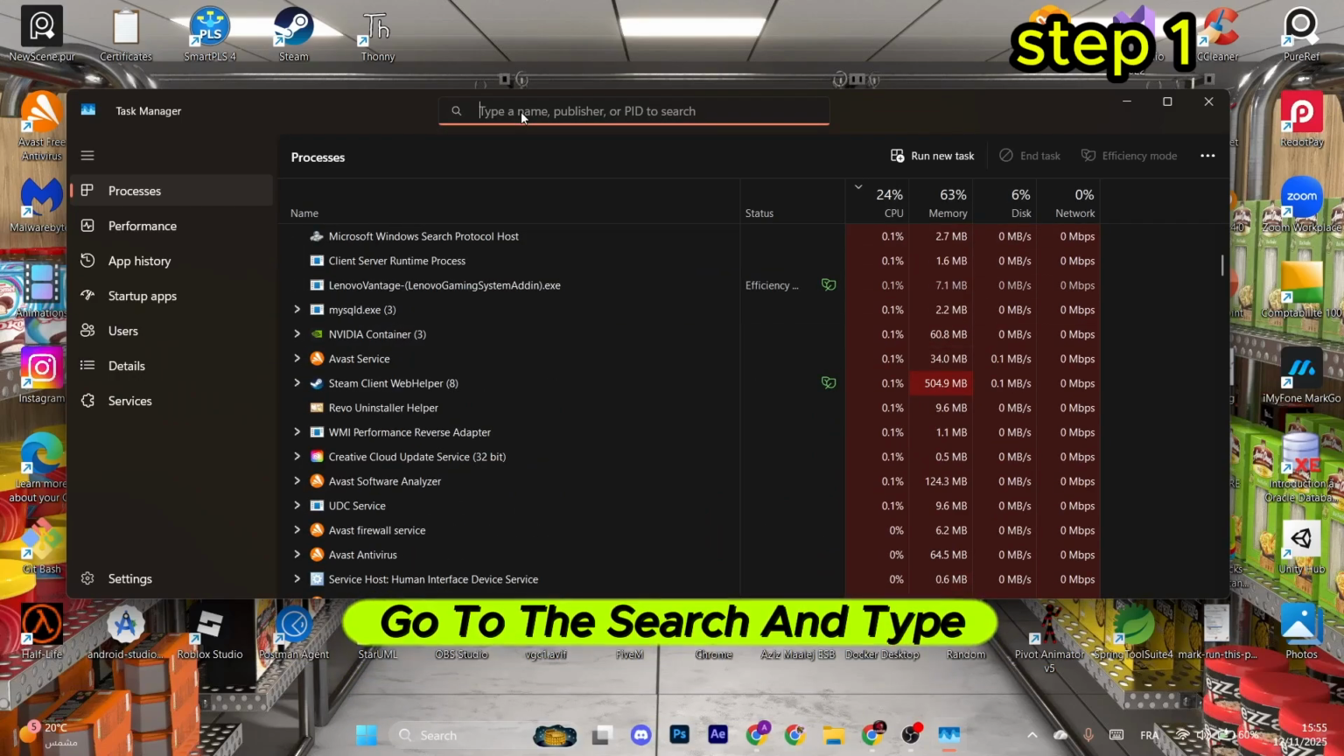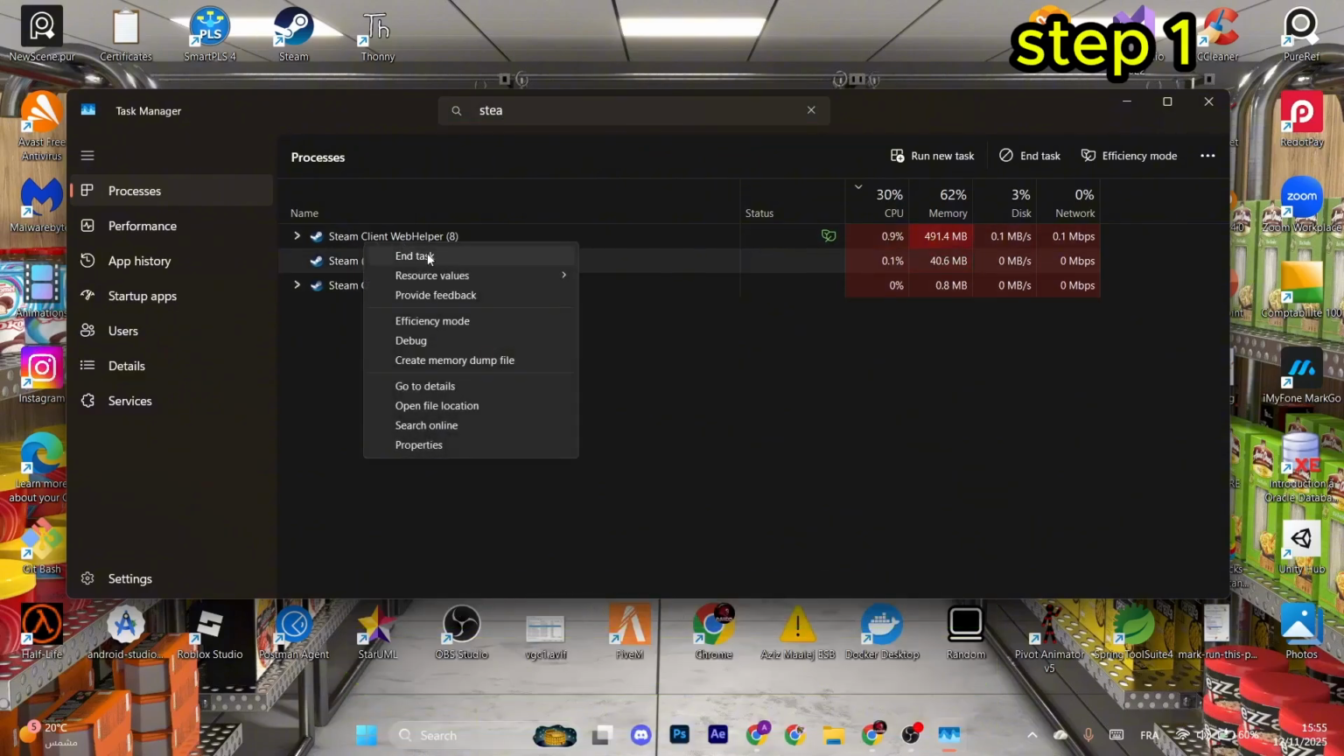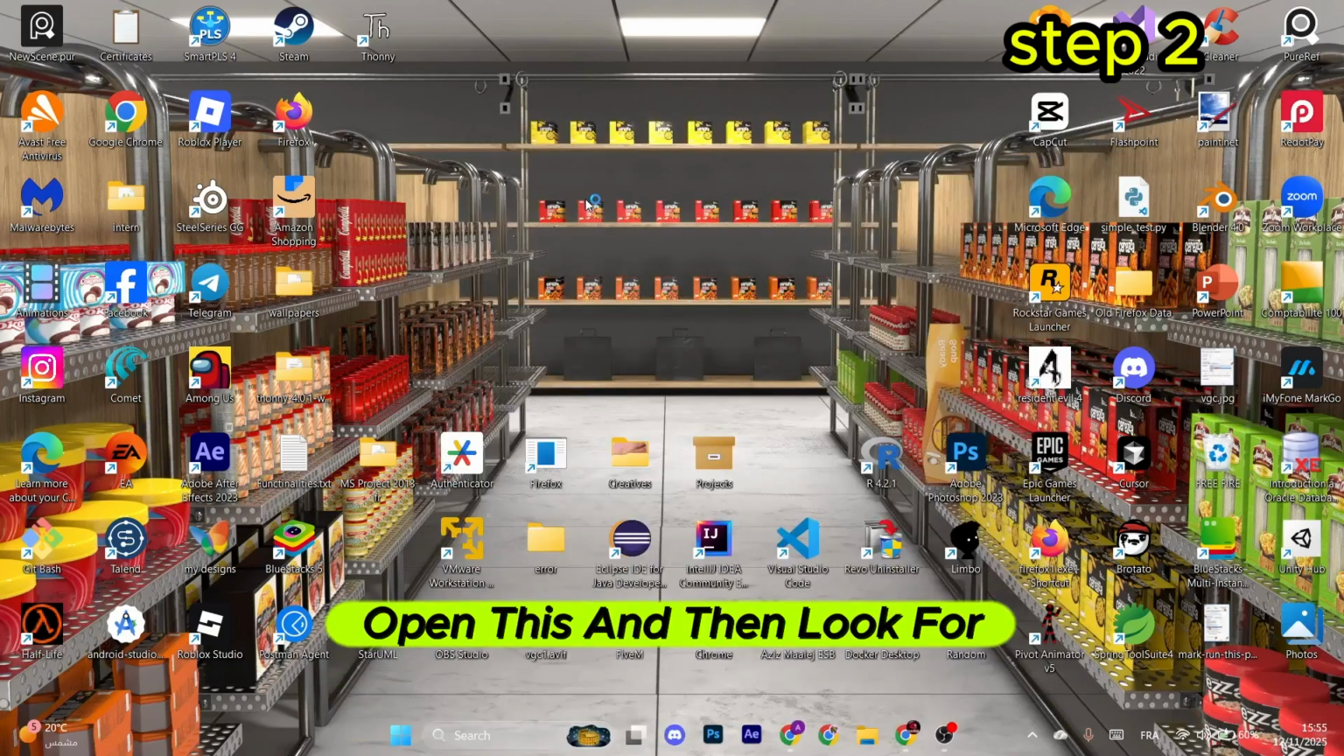After that, go to the search and type in Steam. If you do find the Steam process running like this, make sure to right click on it and then select End task. For the next step, go to the search, type in Device Manager, open this, and then look for